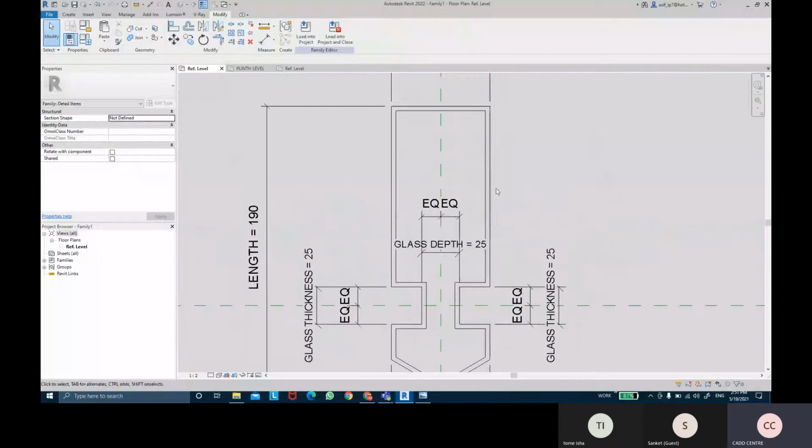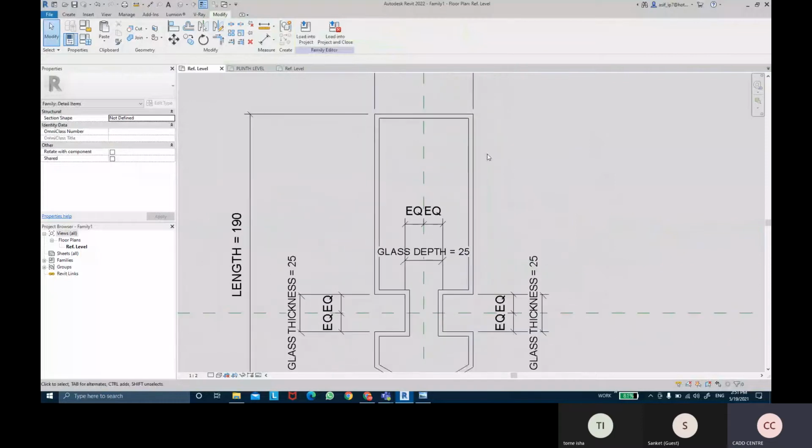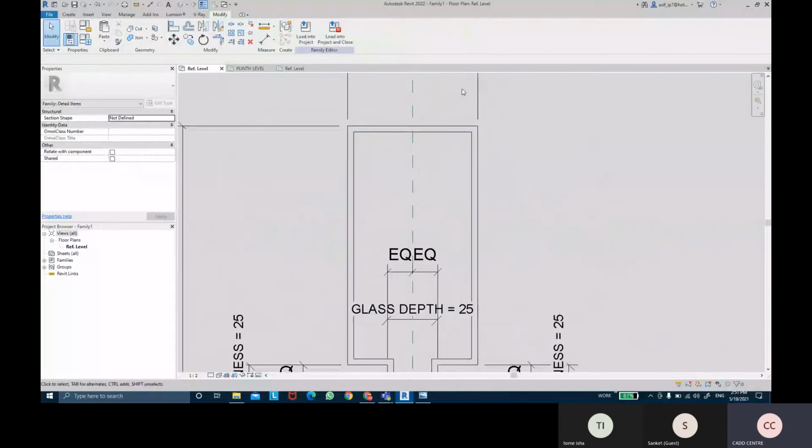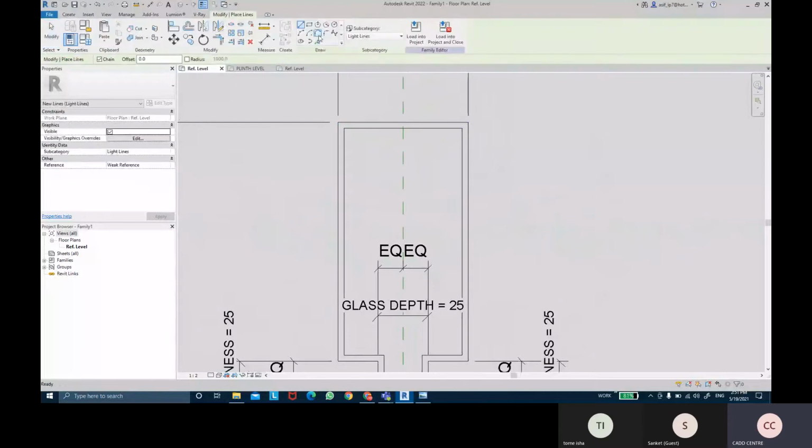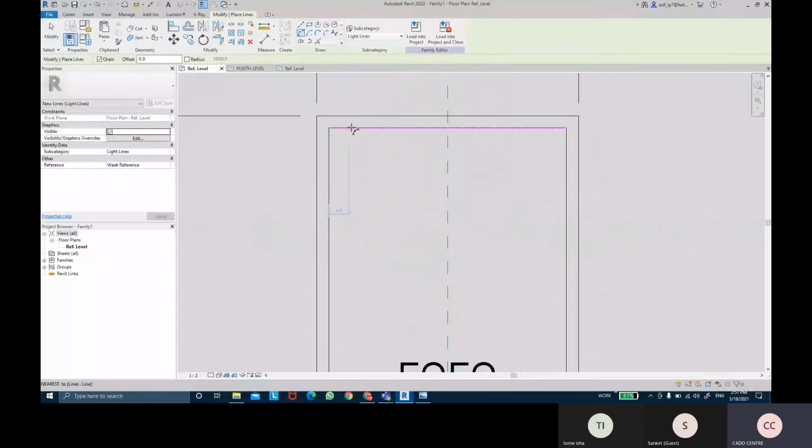Okay. And going to create some other detailings as well. And like give a little bit arc shape.